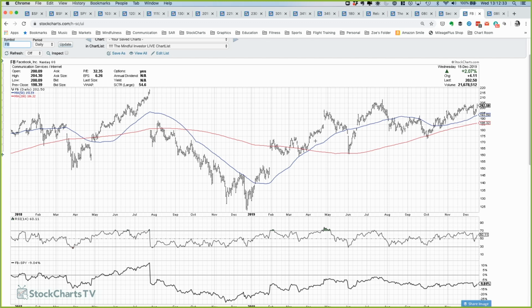That's very interesting, especially here at year end when there tends to be window dressing. You tend to sell out of more speculative names and get into more top performing names, so your portfolio looks pretty good for a quarterly snapshot. So having said that, as an institution, when Facebook hits 180, you probably, all else being equal, would not be inclined to start taking profits or selling it, because you need to own big stocks that are doing very well. So overall, that's why I think the trends in some of these larger names, especially in tech and consumer,